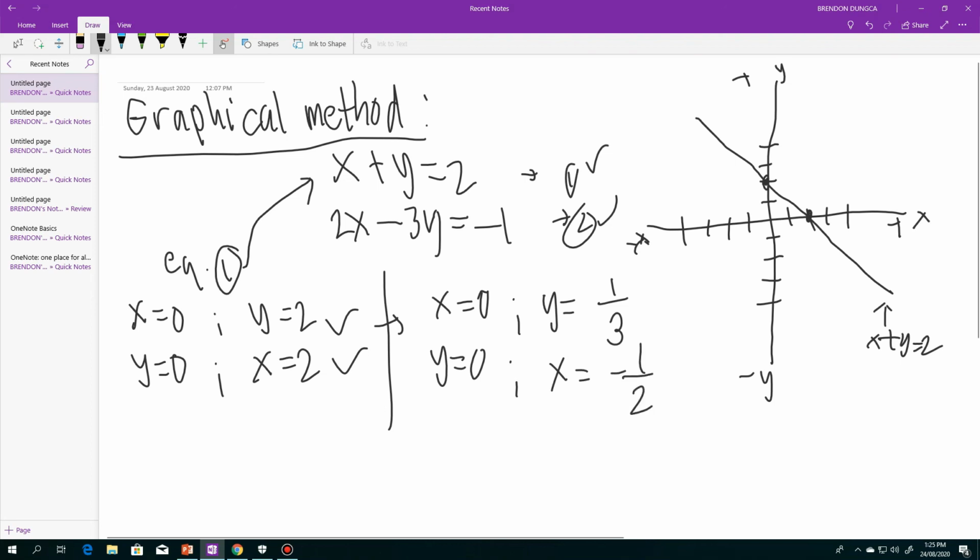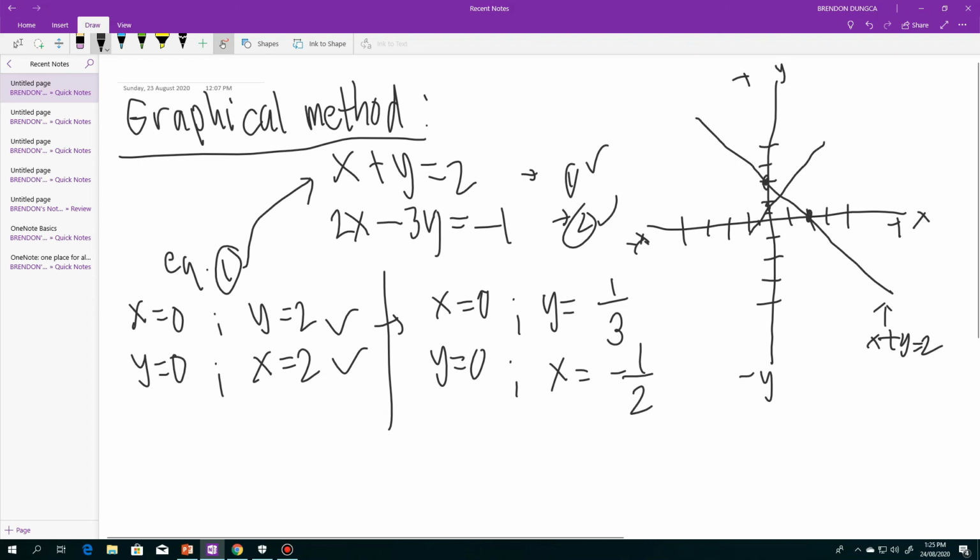Okay, so when we plot here in our Cartesian coordinate system, y is 1/3. So when y is 1/3, it is probably divided by 3, it is here. And x is negative 1/2. This is 1, it is here. Okay, so when we connect the dots,